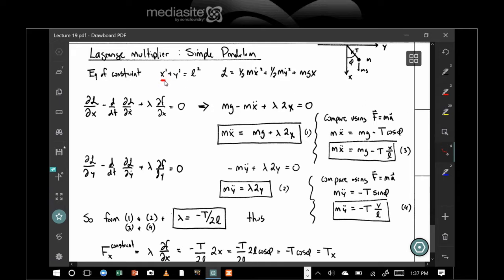And that says basically that's the equation of a circle that the pendulum mass follows. All right, so that's my f. There's only one equation of constraint. Now, since